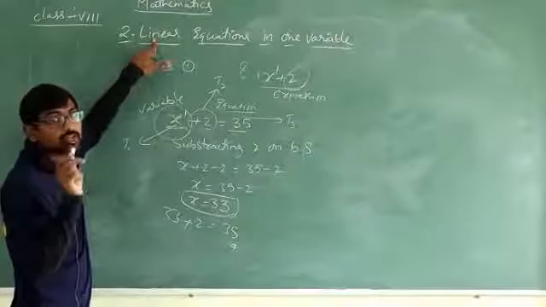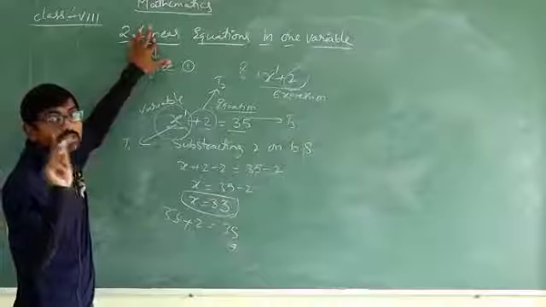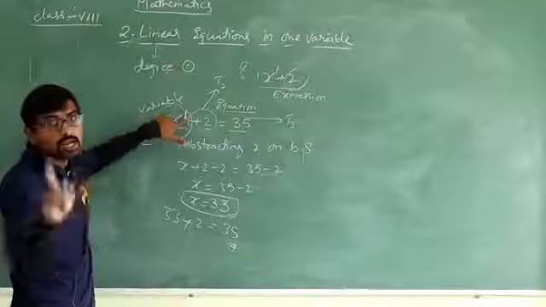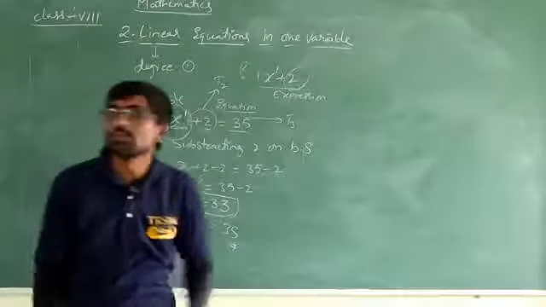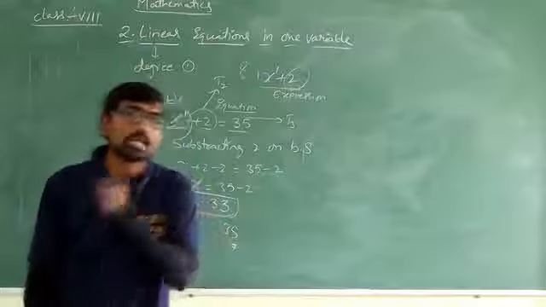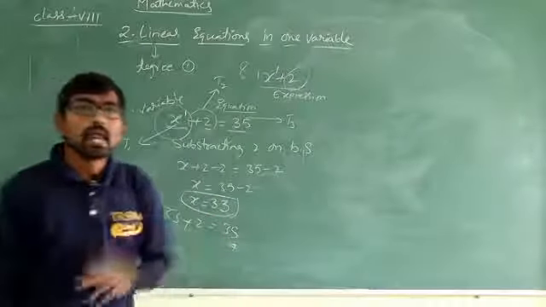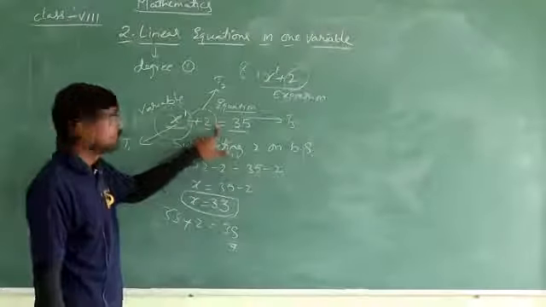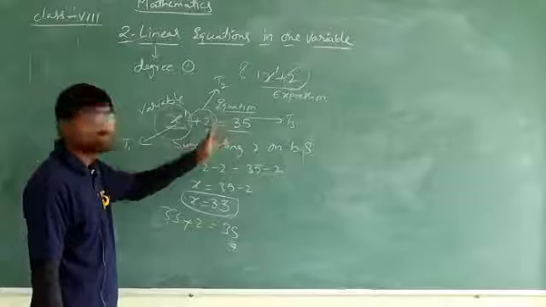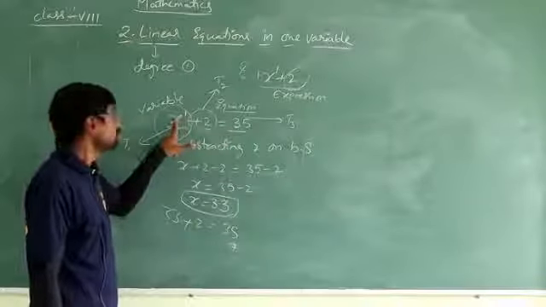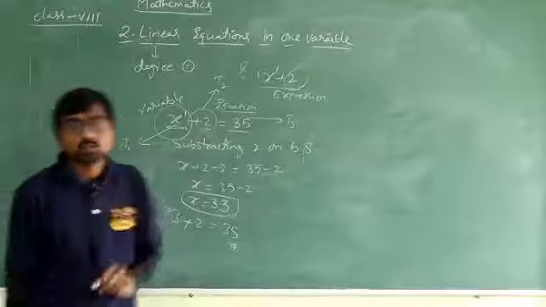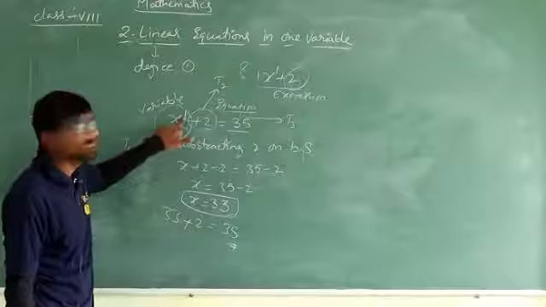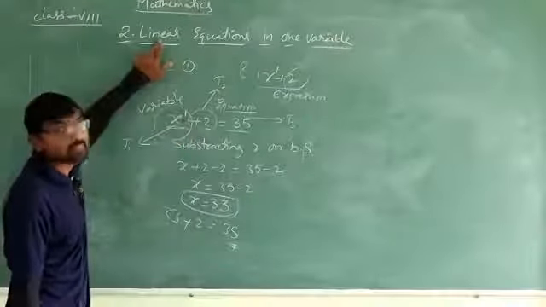I just told you, an expression or equation which has degree 1 is called linear. So here we have degree 1. I have told you the definition of degree. What is the definition of degree? The highest power of an expression or an equation is called the degree, and that degree is the power of the variable. Here the variable is not there, so the degree will be 0, and here we have the variable. In this we write the power as 1. So the power value is 1, that is, the degree of this equation is 1. Because of that reason we call this linear.